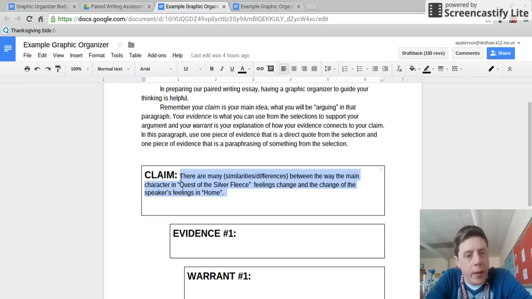If you have a better way of saying it, that's fine. But if you look, there are many similarities/differences between the way the main character in Quest of the Silver Fleece's feelings change and the change of the speaker's feelings in Home. And even that, rereading it, I don't love it. I think there are some changes you guys could make to make that better. Starting with